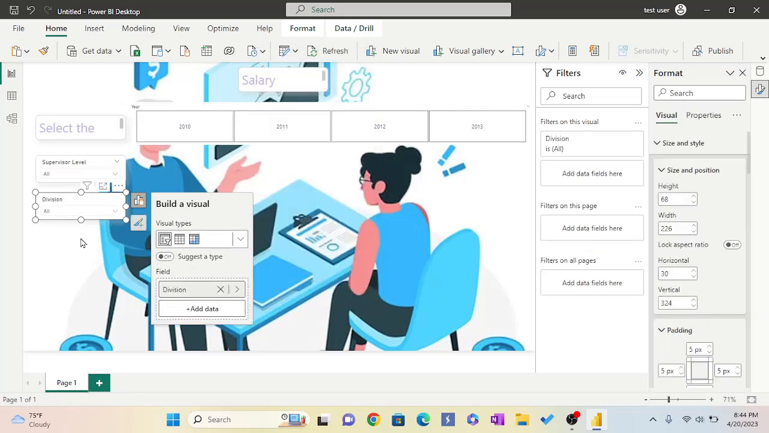So now, since I have copied with Control C and Control V, I have a slicer of the same size with the same format. If I take from here every time, the size might be different or the format might not look nice. So in order to get the same format and same size, I do Control C and Control V. So now I am going to add some more